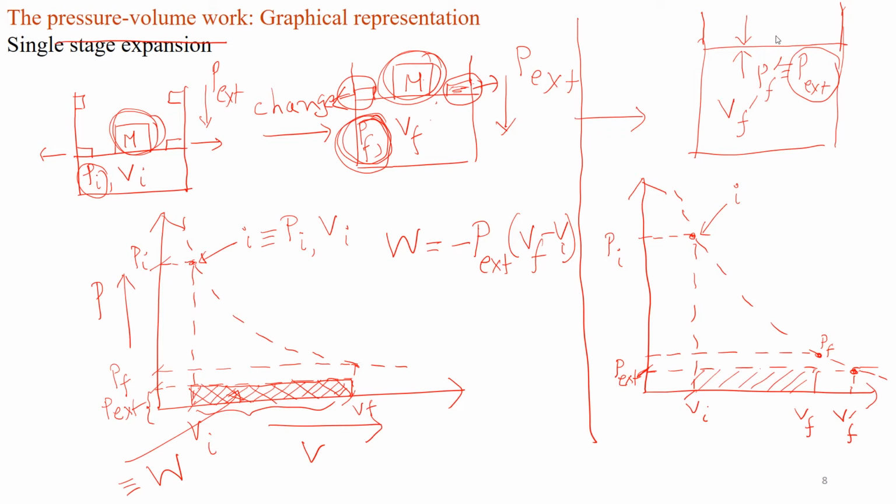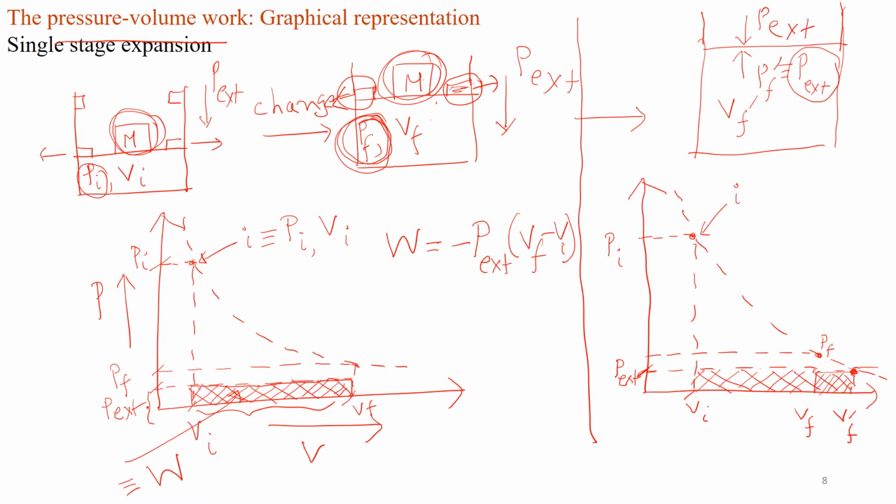Then the piston moves until the external pressure and the final pressure get adjusted. When the final pressure drops to the external pressure, there is an equilibrium, so the piston doesn't move. So the gas again expands a little bit more, and the work done in this case will be